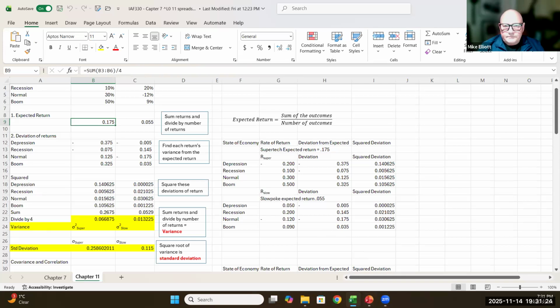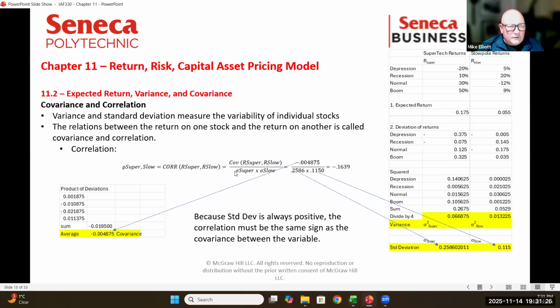So we got to here, and then we said, fine. I know how they react independently to their own mean, but how do they react to each other? Do they move together or do they move apart? And specifically, covariance says, how do they move against each other? Correlation says, are they positively or negatively correlated? So if one goes up, what happens to the other one? Covariance says if the entire ship is moving, how are we moving together?